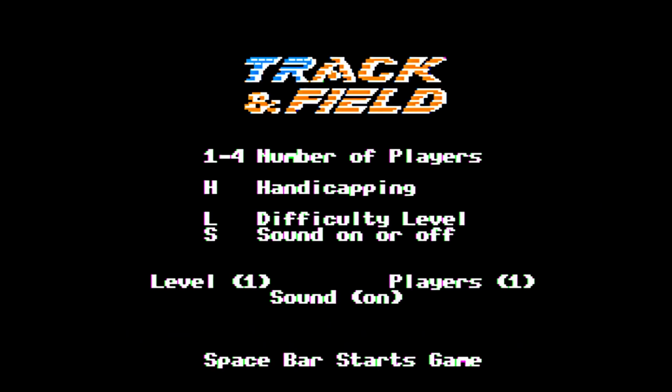Let's hit Control O, just to see. Yeah, I think that's about it for Track and Field, because without a jump button, you can't do much. But if you're interested in the 100-meter dash, you can do that all day if you want.